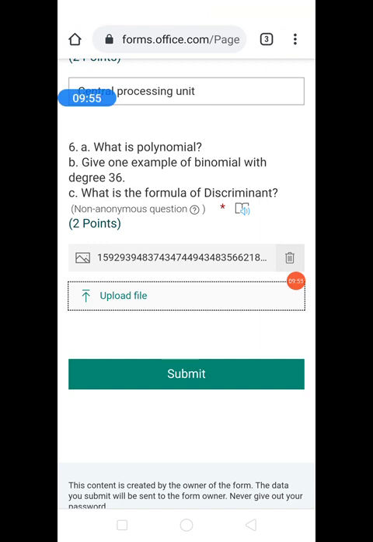And then you are supposed to, as soon as the question paper opens, first write all the answers in your notebook. If it is an MCQ, you can attempt it there. If it is textual, you can type it there only. And if there is an upload file option, please check how many pages the teacher is allowing you to upload. Then you are supposed to finish that answer in that particular page limit only. If the limit of pages is 2, you can upload 1 image or 2 images, maximum 2 images, but it is not necessary that you upload 2 images. You can upload 1 and submit your paper.